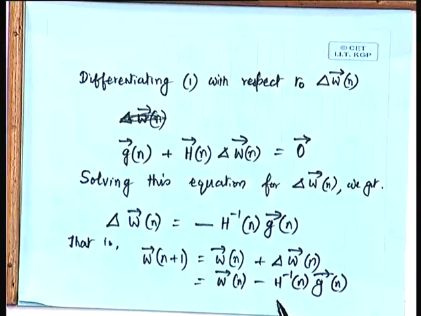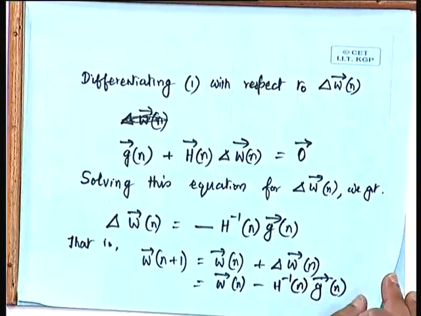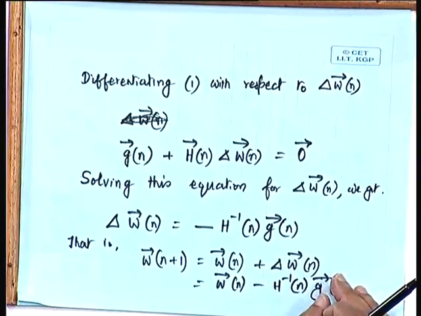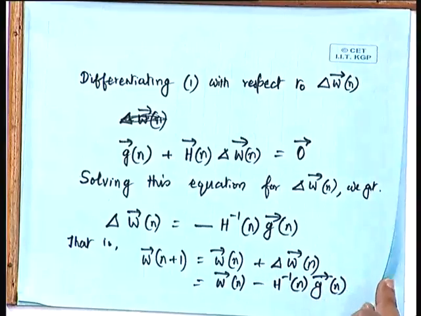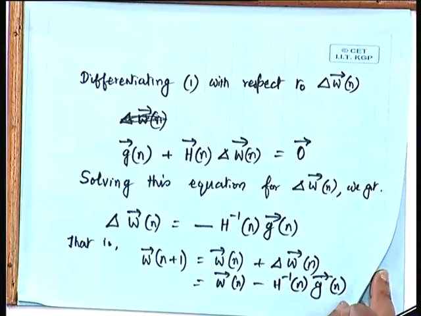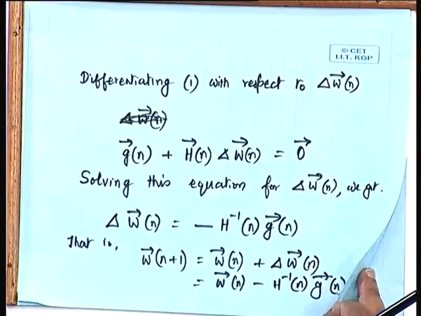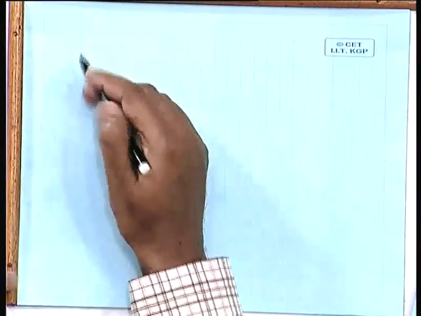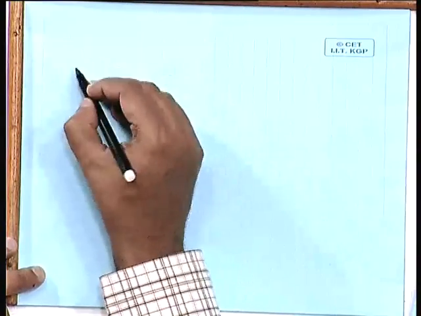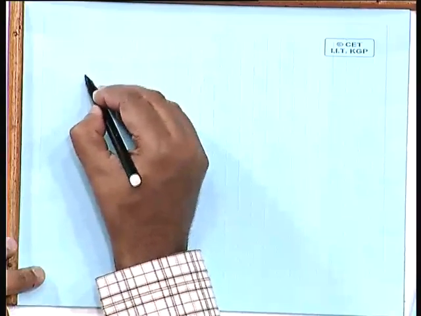In fact, it has been shown that Newton's method converges asymptotically. Because we are taking the second order term, the convergence in this case is guaranteed, and it converges asymptotically and without exhibiting any zigzagging behavior. So, Newton's method